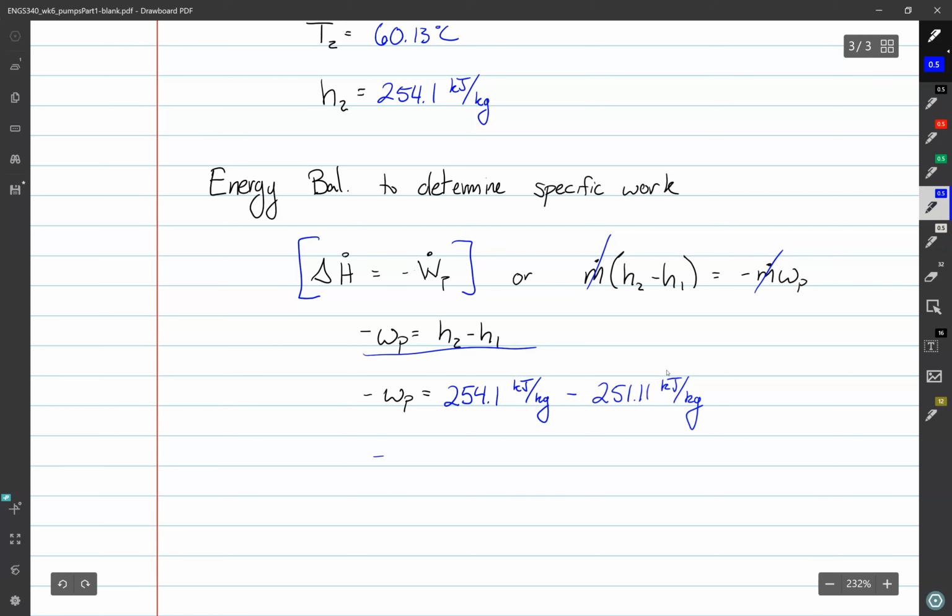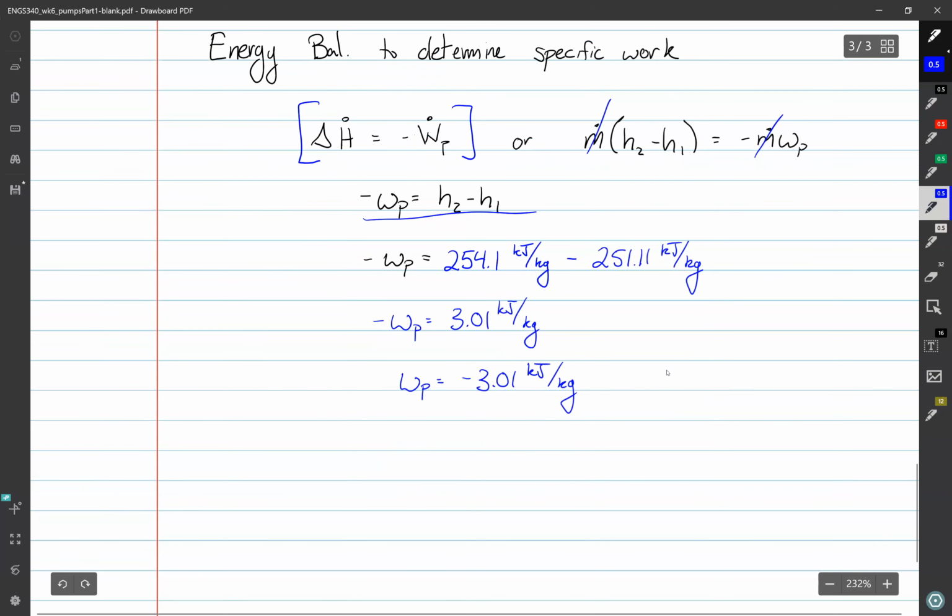So we get that minus WP equals 3.01 kilojoules per kilogram. Which means that WP equals negative 3.01 kilojoules per kilogram,